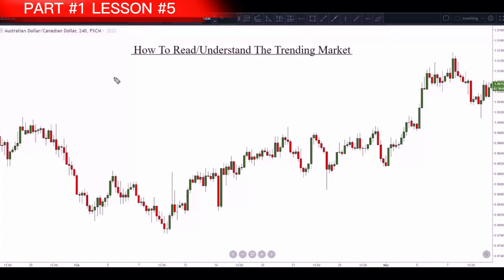So what we're going to do is go through this entire chart that you see on your screen, and we're also going to scroll to the right until the end of price action. And I'm going to be showing you guys how we would identify trending markets in this entire situation. So I'm going to grab my line tool here, and I'm going to go ahead and point out our major swing lows and highs. So here we have a swing high on the left-hand side of my screen, pushing down